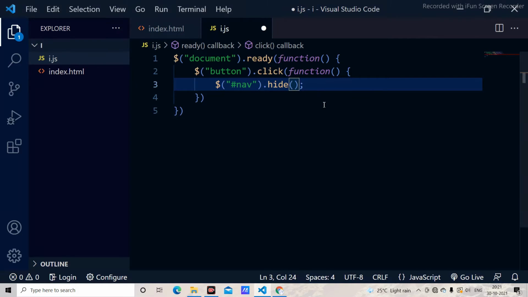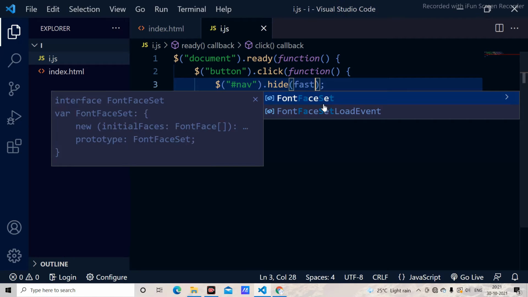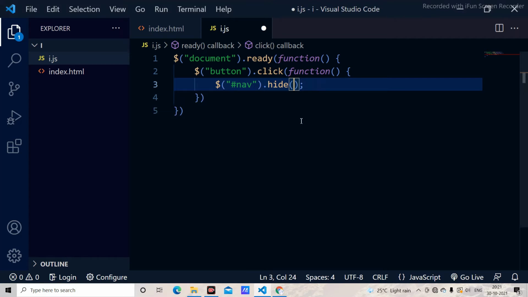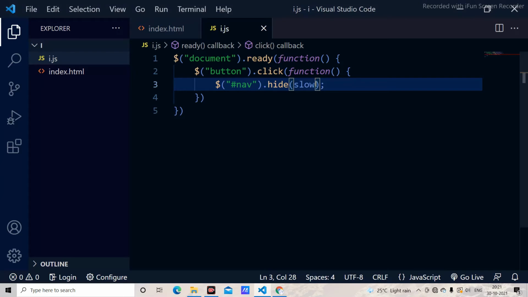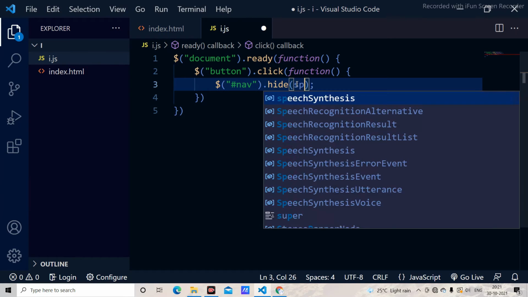And we can directly mention fast or slow here. If I mention fast, as I can have a look at here, wait a minute, I will mention slow. Or you can directly use this 3000 number. It is not necessary to use fast or slow, or you can use speed.